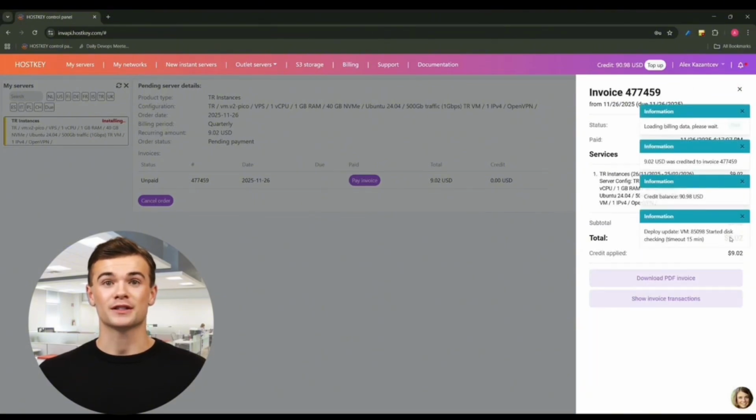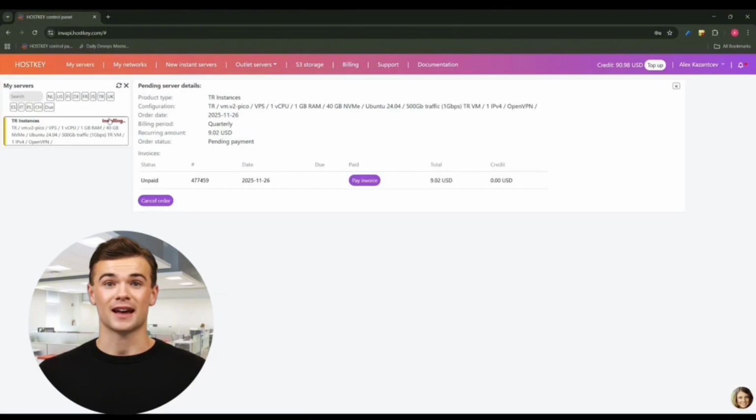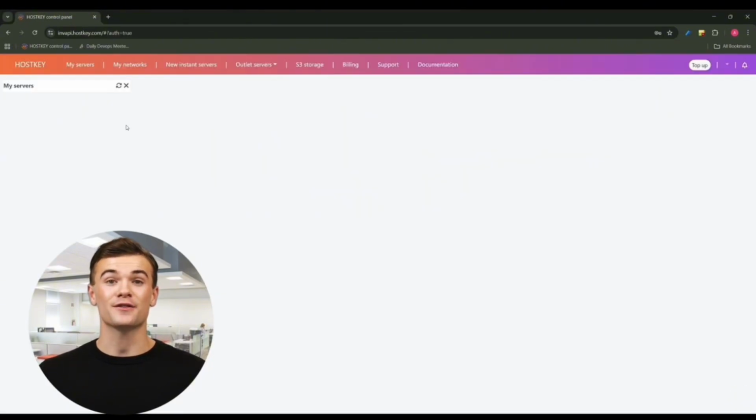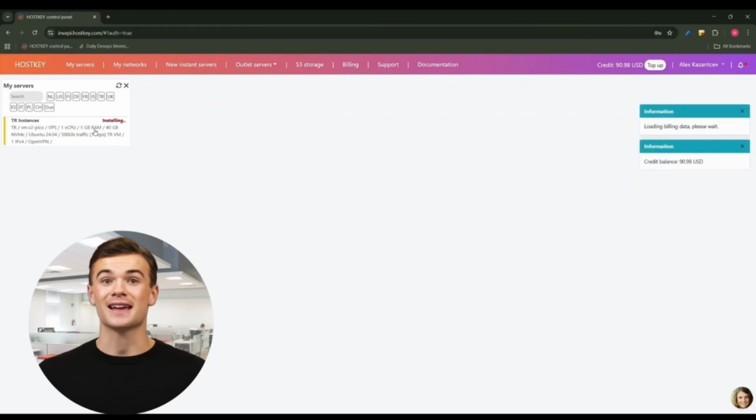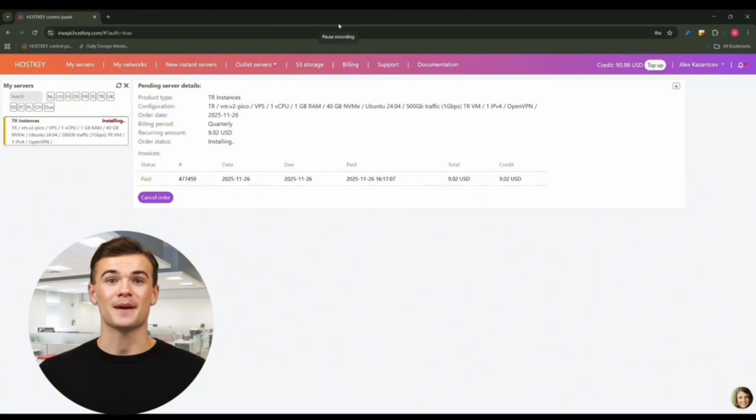This part usually takes a couple of minutes. Now we just wait for the payment to clear and for the install to kick off. When the bill is paid, the panel shows the status deployed update, which means installation has started. The server status switches to installing, and at this point we just let it run. Depending on what you've ordered, installation can take anywhere from 5 minutes up to 30 or 40, depending on how